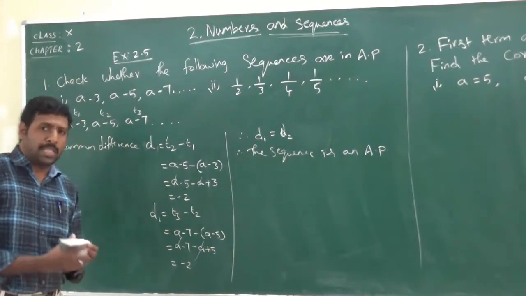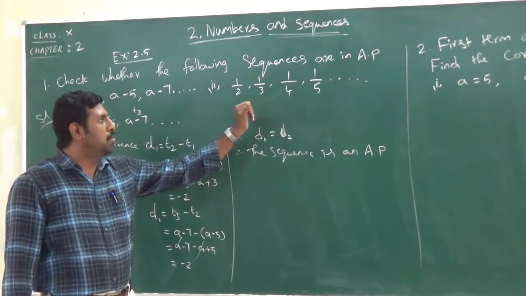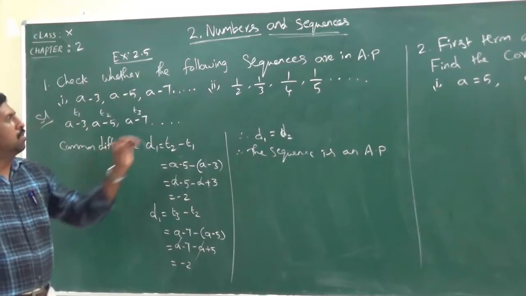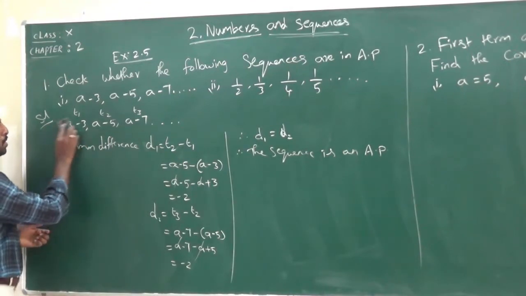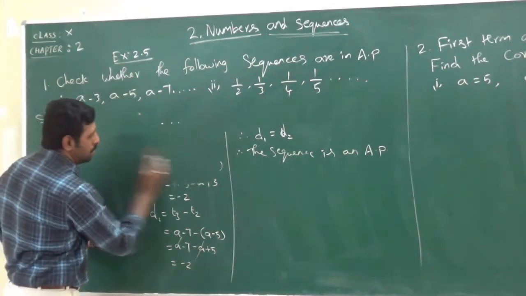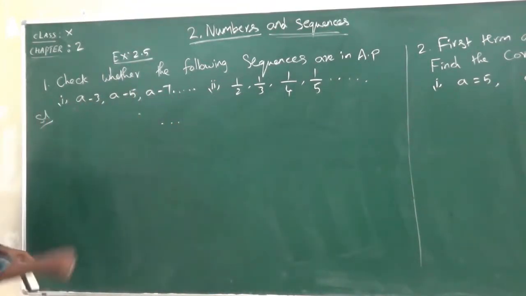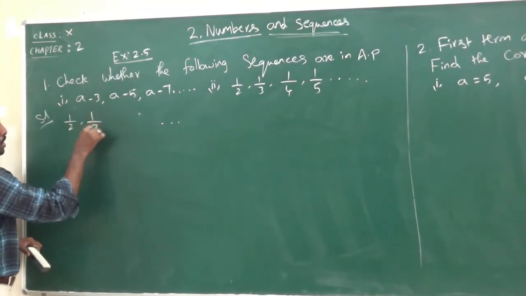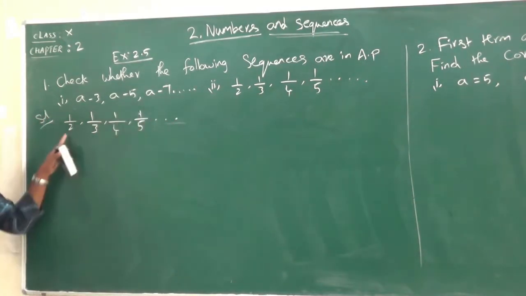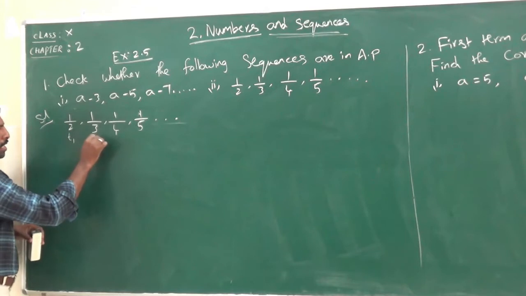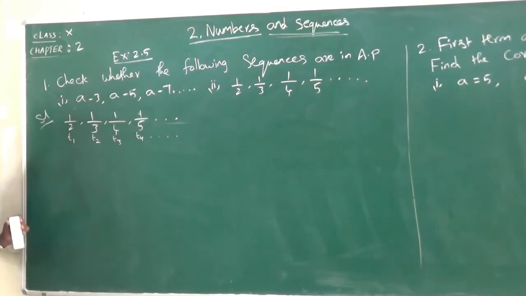Next we see the second Roman number. The second Roman number is given as 1 by 2, 1 by 3, 1 by 4 and 1 by 5, and it goes on, right? First we want to find out the common difference for this sequence. So, the first term we take as T1, second term T2, third term T3 and then fourth term T4, and it goes on. Here the common difference